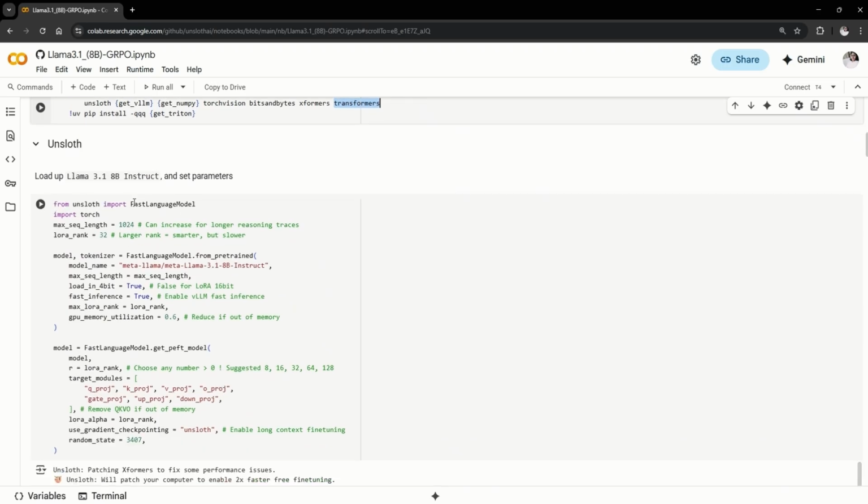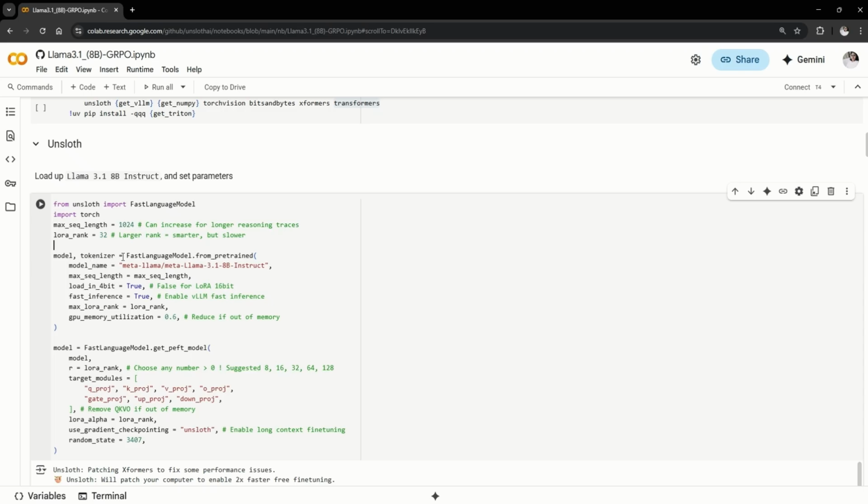The very first step is from Unsloth. You can load this FastLanguageModel, which will load the model that you need, and you can also set the max sequence length to 1024. You can increase or decrease it based upon your requirements. A larger value will in turn allow for longer reasoning traces, and this is a debatable topic: how much you should give, and how little would affect the model, or how big would lead it to overthinking. And the LoRA rank as well, you can set up. For me, if I gave it a bigger number, it ran into problems and was stopping the kernel. So this is also a hyperparameter that you can tweak according to your need.